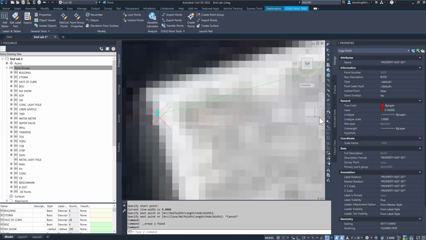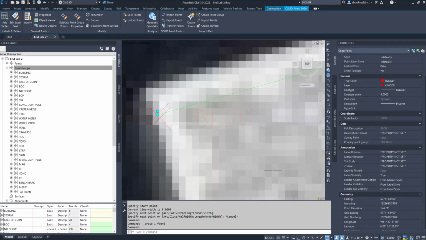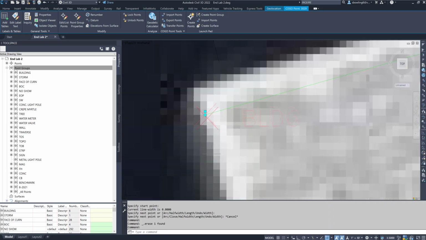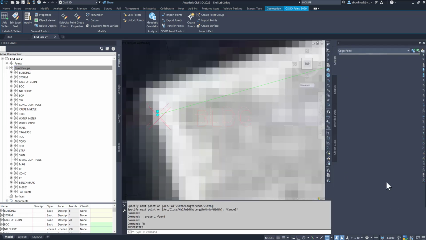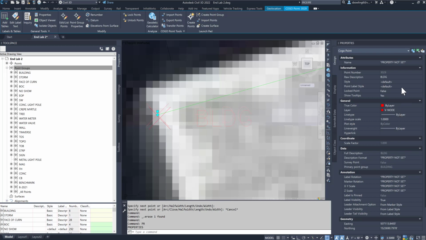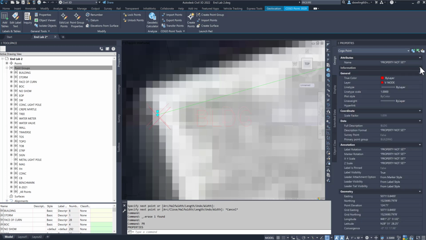So let's look at the elevations. If I click on a node, I can come down here in my properties. If your properties are missing, if it looks like that and your properties are missing, type in PR to get your properties palette back up. I always keep my properties palette almost up all the time, just because I like to have the information. So it says